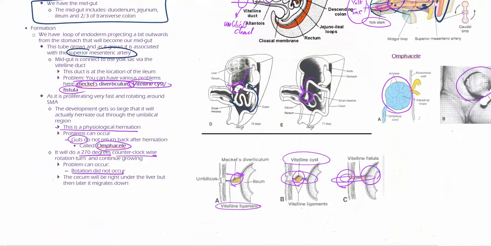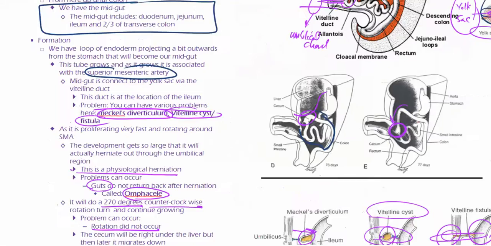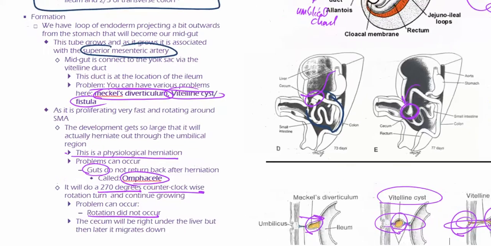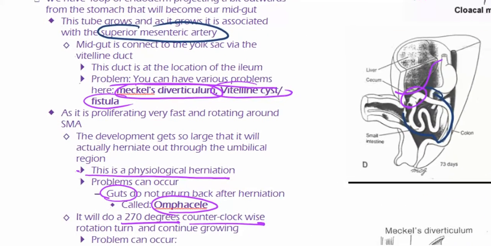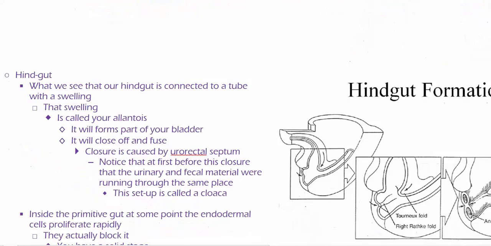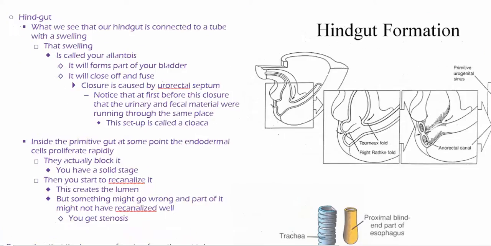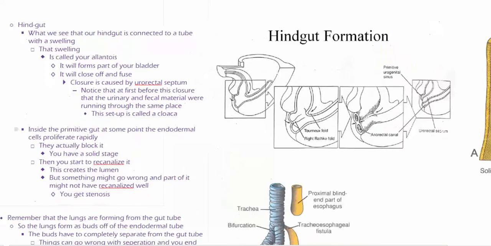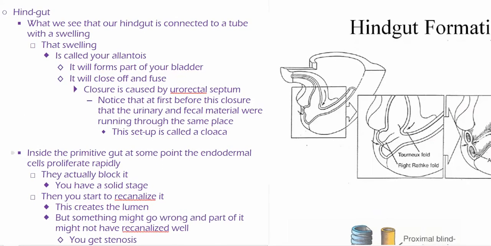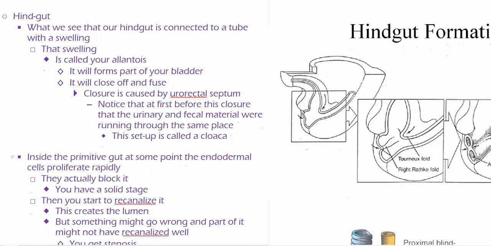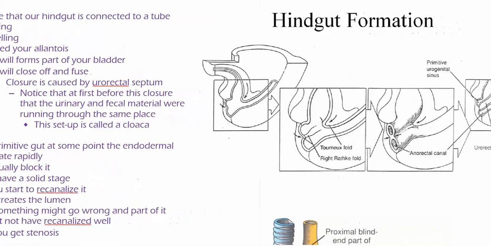Okay, so that's basically how the hindgut is forming. And these are the different pathological things that can occur, as was stated in the lecture. And then the hindgut formation is pretty simple. Okay, so basically the hindgut is going to be connected to this little area here,